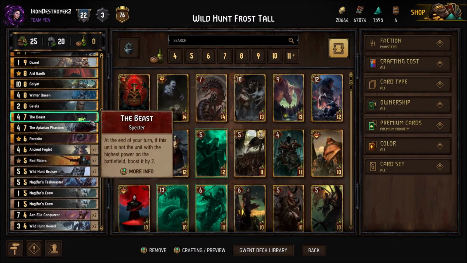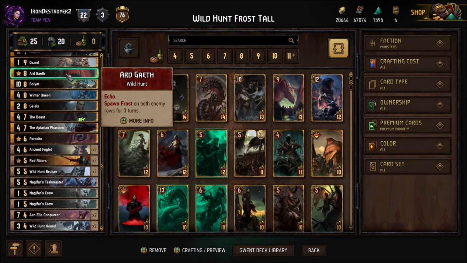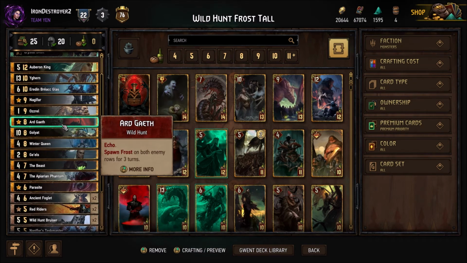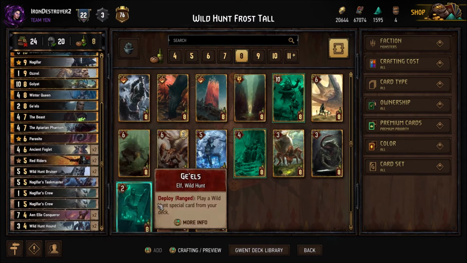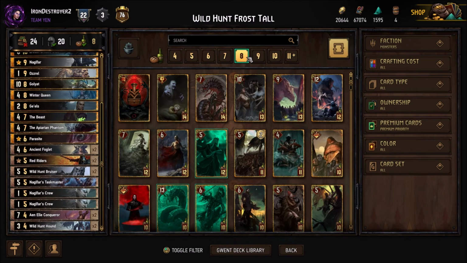Personally, I would like to cut down on the Ard Gaeth, perhaps, just because 3 for both turns is quite a bit. The Echo's nice, but I think we have too much Frost. So it's up to you. Cut Red Riders, cut Ard Gaeth. I want to swap out Ard Gaeth specifically for the ability to then add in a certain card,